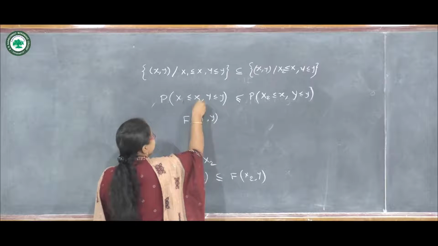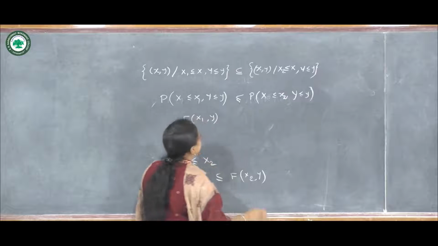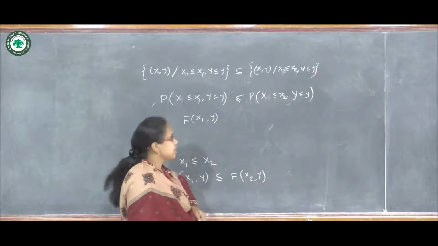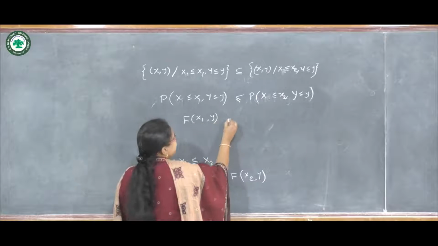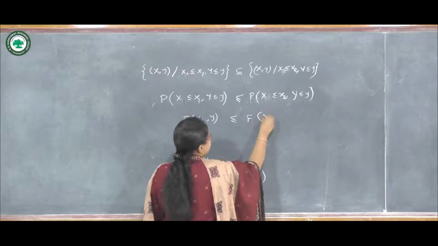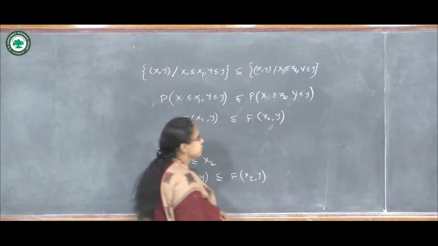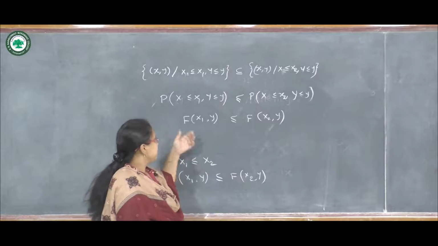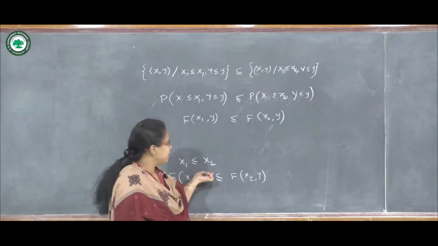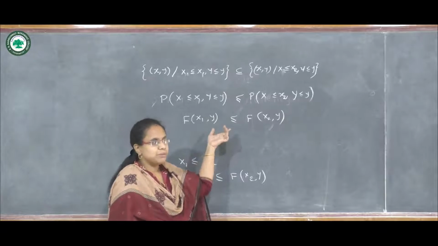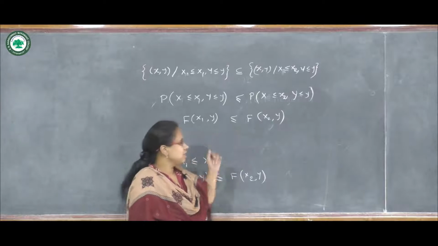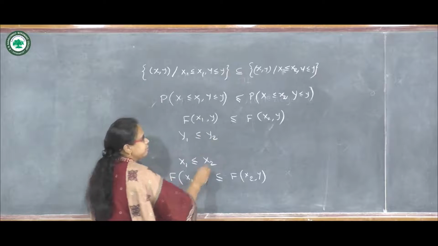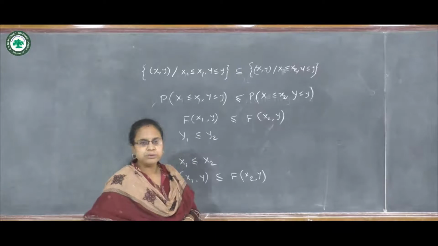So sorry, here I have to write, so in this way we can write this. So this F of x1 comma y must be less or equal to F of x2 comma y. So this is the non-decreasing nature of the variable. So if x1 is given less than or equal to x2, then this must happen, meaning the probability is non-decreasing. Similarly, if we are given that y1 is less or equal to y2, in a similar way we can prove this part.